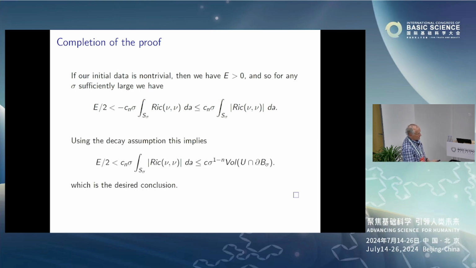And then, using the decay assumption, so if we assume the metric decays like Euclidean plus terms of order 1 over r to the n minus 2, then the curvature involves 2 derivatives, so it will decay like 1 over r to the n. And so the Ricci will have decay which is like 1 over sigma to the n on the boundary of the ball of radius sigma. And so this expression becomes sigma to the 1 minus n. And so you get the lower bound on the sort of density at infinity of the set where the Ricci curvature is non-zero.